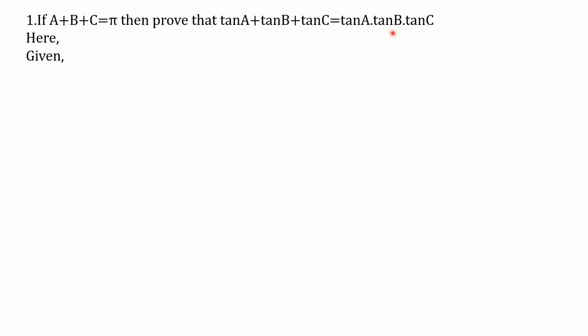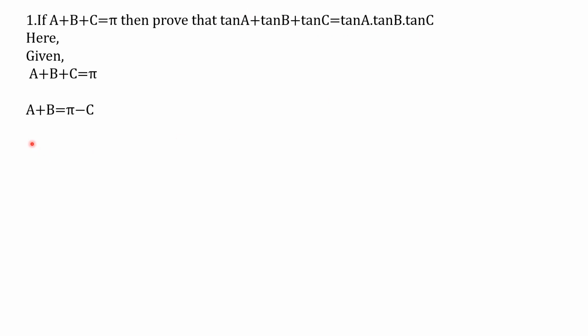So here we are given that a plus b plus c equal to pi. So we have written a plus b plus c equal to pi. Now out of these three angles, we will take one angle to the other side, whichever we want. In this case, I will take angle C to the other side to get a plus b is equal to pi minus c. Then thereafter, if you look at the things given over here, we need the answer in terms of tan.